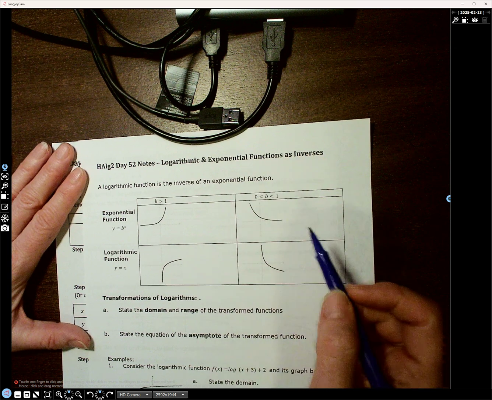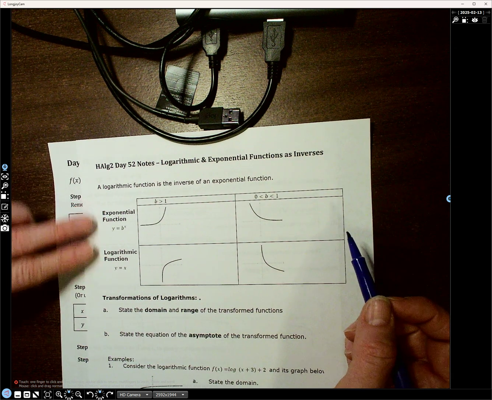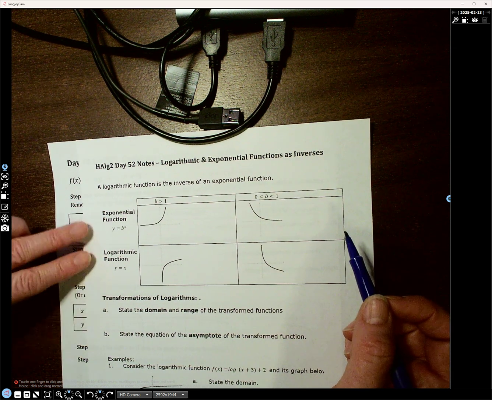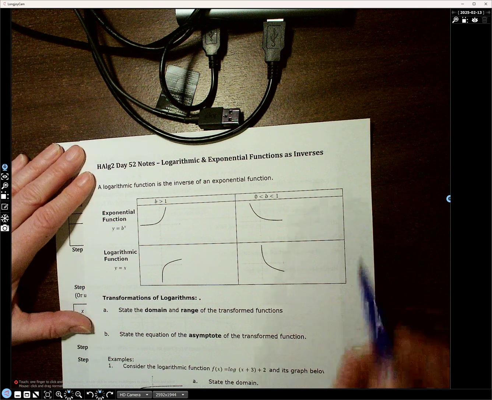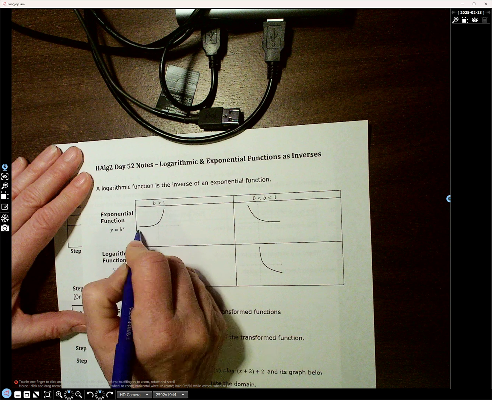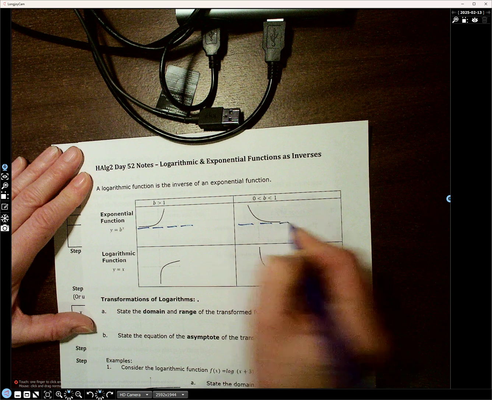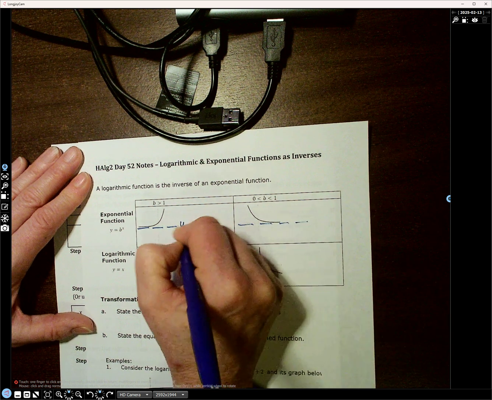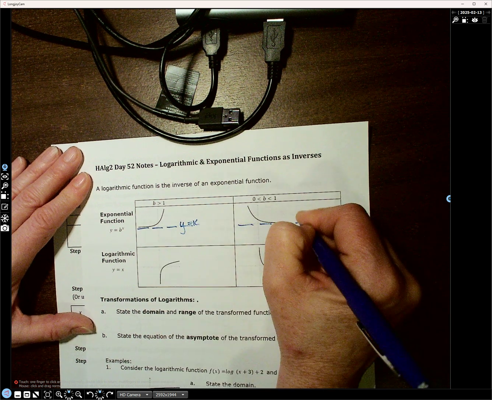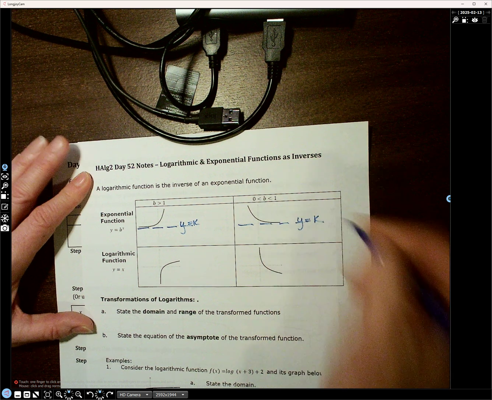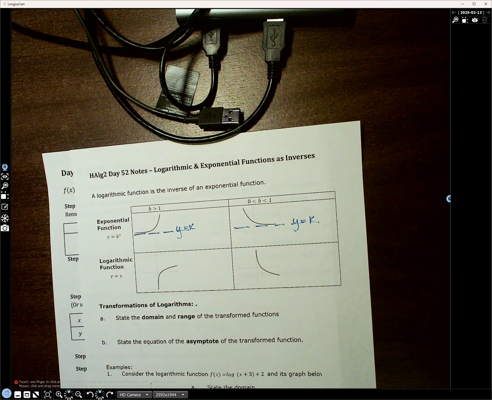All right, so we see that we're going to contrast the exponential function to the log function. And the biggest point of reference is your asymptote. We know that for logs, the asymptote is y equals k. And we also want to pay attention to the fact that